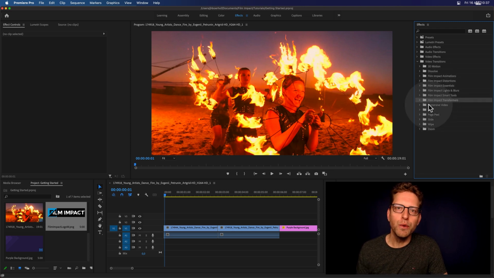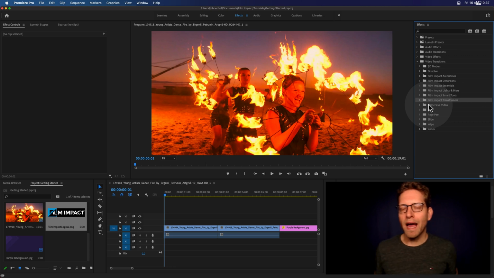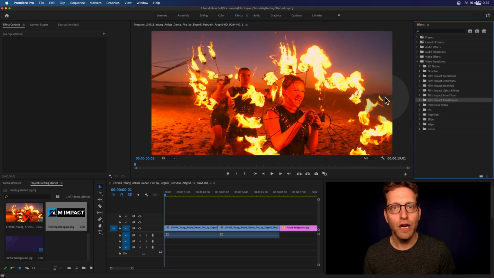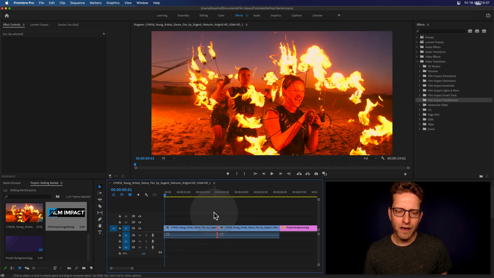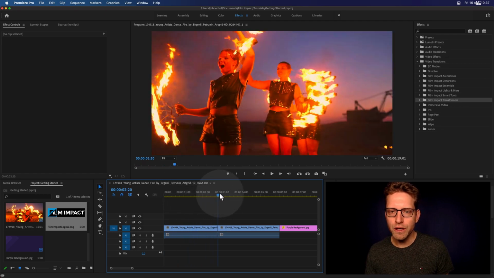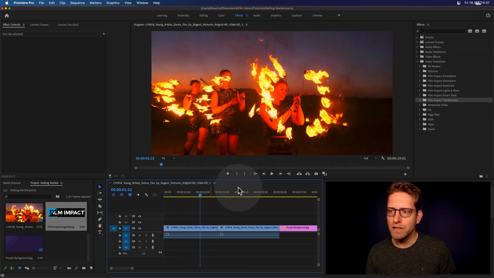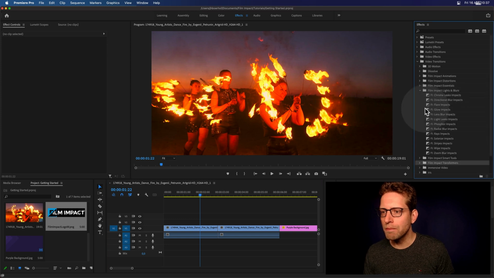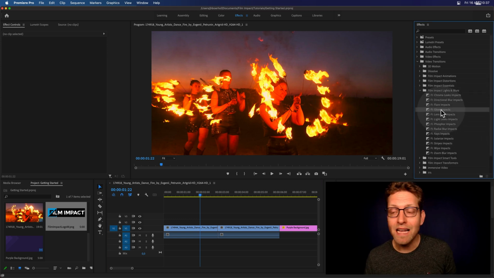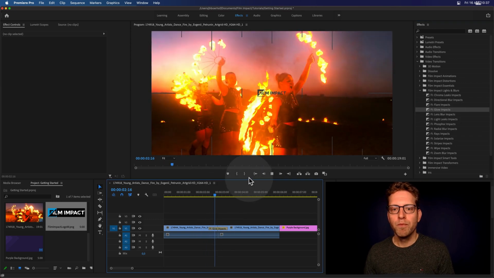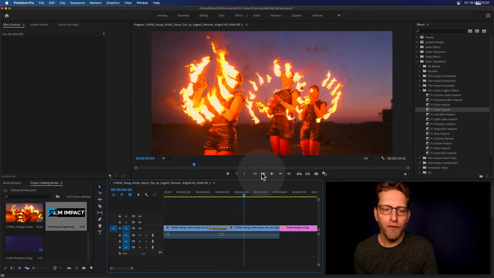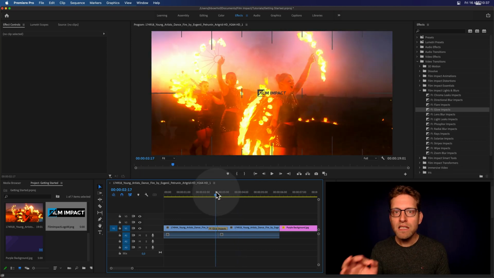What I'm going to do is add the glow impacts to a cut in our timeline. So I've got a cut here, beautiful footage, and just opening up the lights and blur section and applying the glow impacts is as easy as drag and drop. So drag, drop, and out of the box, it performs as a video transition, but it has a watermark.